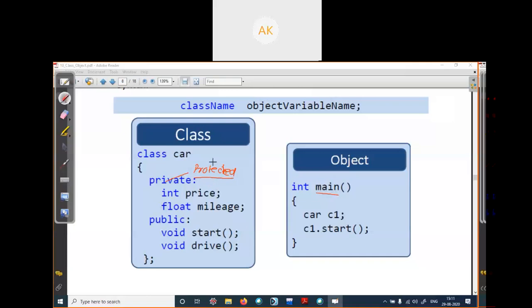main method is not a child of your class. You have to declare another class which is your child. Means you have to declare that this person is my child. Yes sir. When you derive a child class, then this child can access your data. Here I'm not in this program. There is no inheritance I implemented right now in this program. So I'm not accessing this protected data. Okay, main is not a child of your class car.